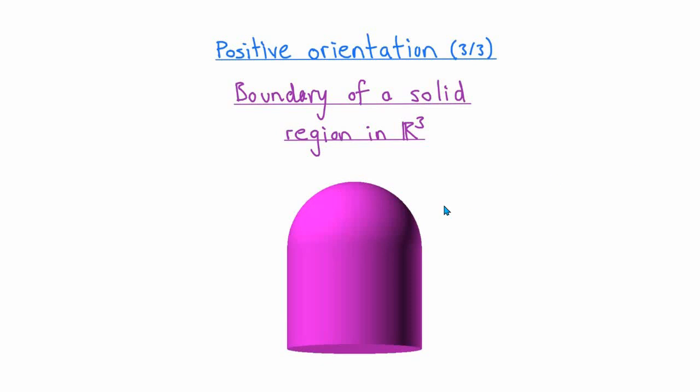Because we live in 3 dimensions and we can't see through the outer shell of this region into the inside parts, there may be some aspects of this definition that are a little harder to visualize than in the lower dimensional examples. However, it's pretty easy to define what we mean by the positive orientation of the boundary of a solid region in R3. We just mean the orientation where all of the unit normal vectors point away from the solid region.